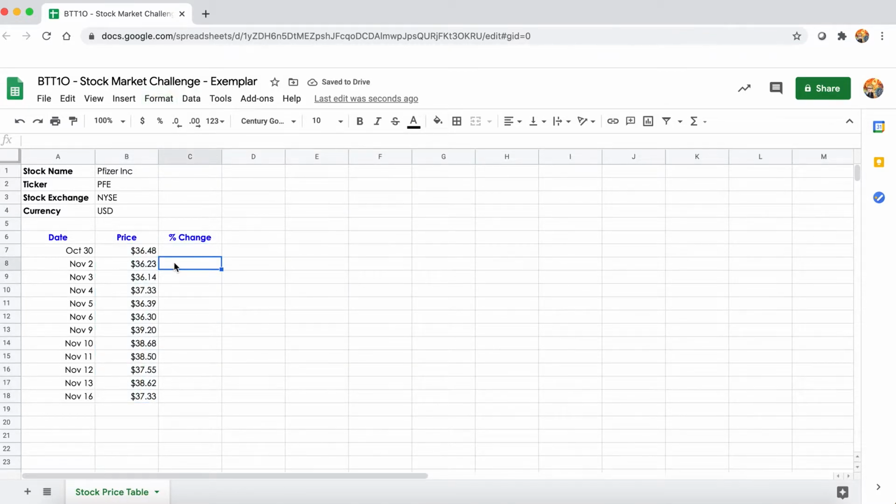So, how much does it change? Well, on the first day, right, it can't change any amount. However, we're going to calculate how much it changes over each day at a time. So I'm going to use what's called formulas. So I type the equal sign, and I'm just going to find the percentage change. So I'm going to take